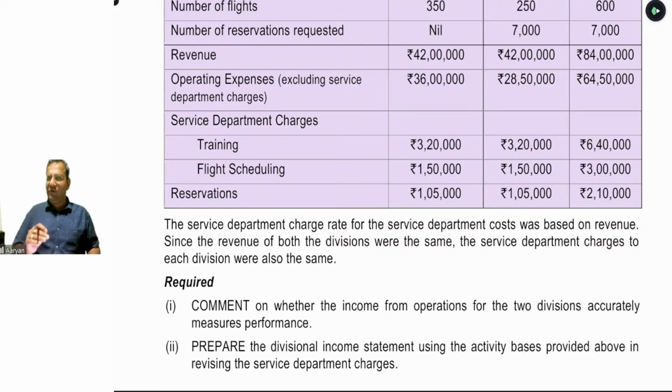Just they require the correct logic for requirement part number 1, and requirement part number 2 is damn simple. Okay, so the correct answer is 2,70,000 as the profit of the cargo department and 5,03,000 as the profit for the passenger department. I am hoping that every student has correctly computed the answer. Okay, so no need to tally the same. We will move further towards the next question.